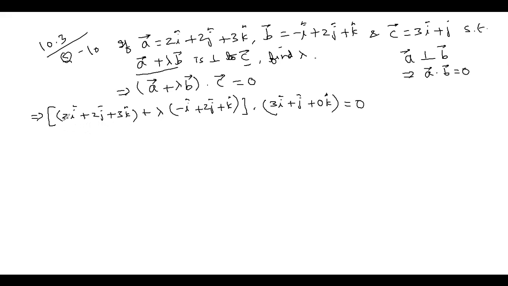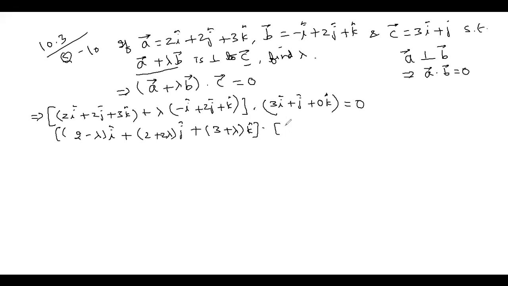First of all, you have to solve this bracket, 2i plus lambda minus i. If you take i common, this will become 2 minus lambda i cap, plus 2j means 2 plus 2 lambda j cap, plus 3 plus lambda k. So i, j, k has been taken common here. Okay, now dot